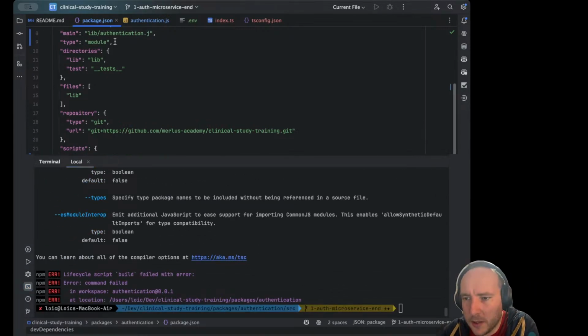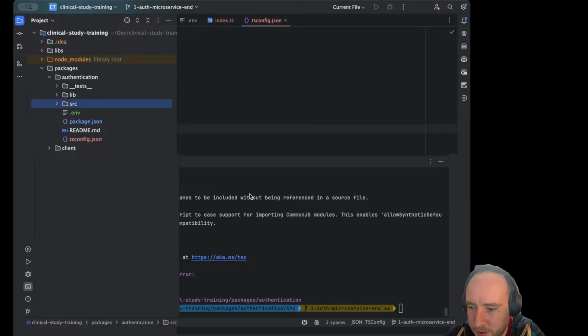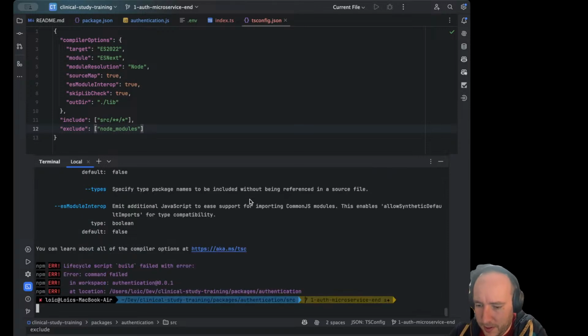Now we're missing the output. Obviously I put the tsconfig in the wrong folder. It has to be in the right folder with the package.json. So now if I build,